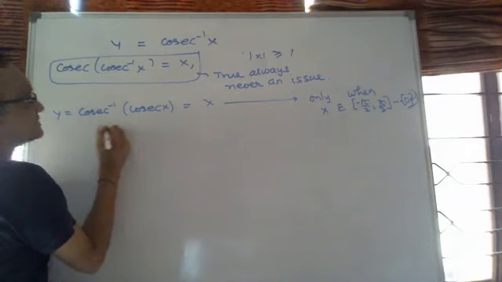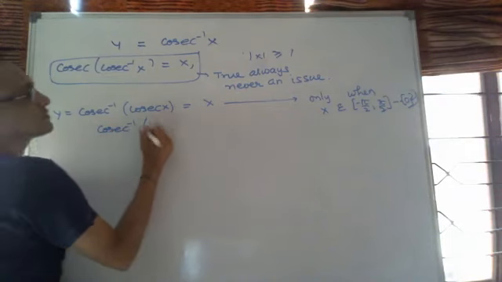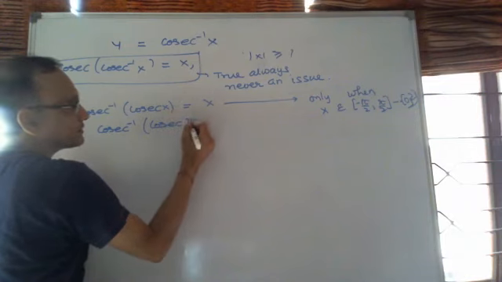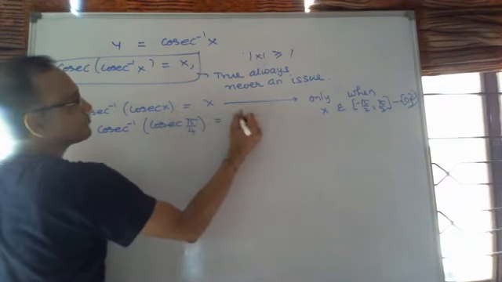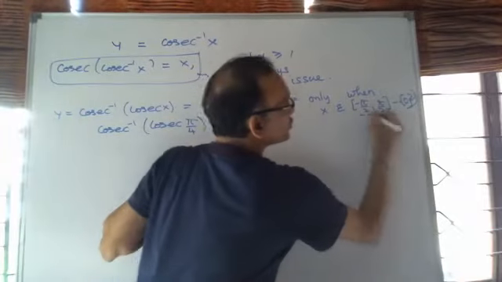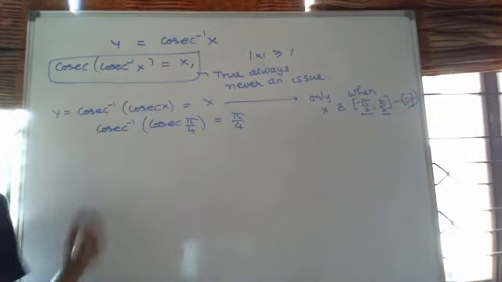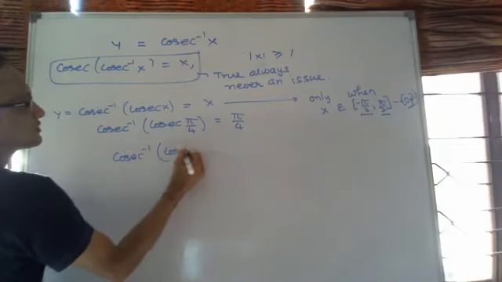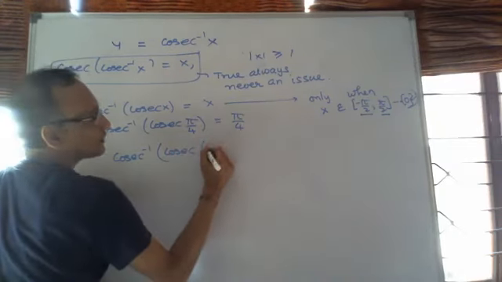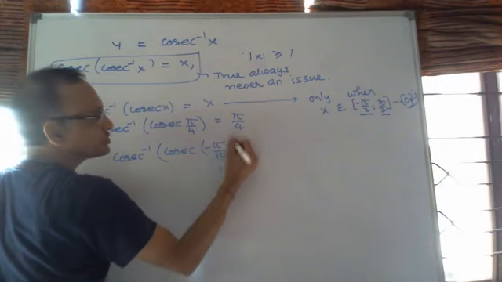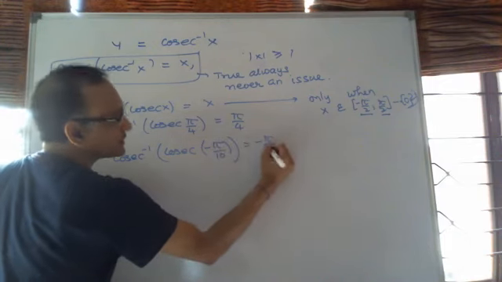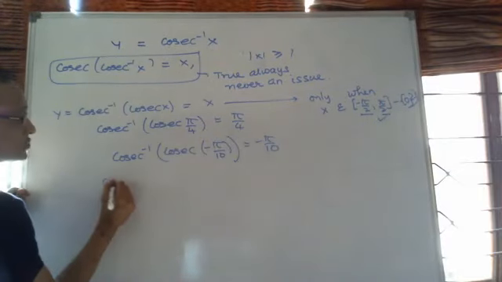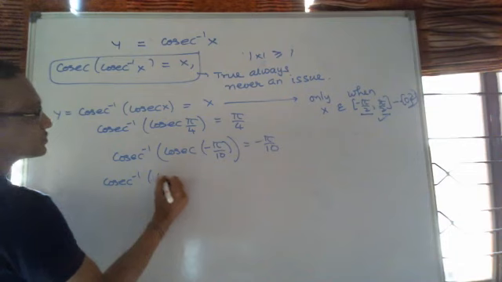That means if I said cosec inverse cosec pi by 4, this will be pi by 4, no issues, because it belongs to this interval, right? If I said cosec inverse cosec minus pi by 10, कोई issue नहीं है, that will be minus pi by 10, because that belongs to this interval, no issues. But if I said cosec inverse cosec,